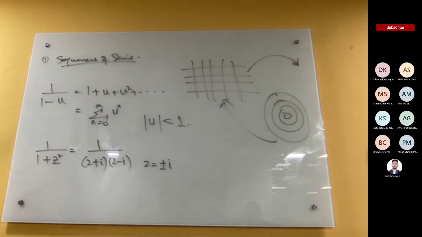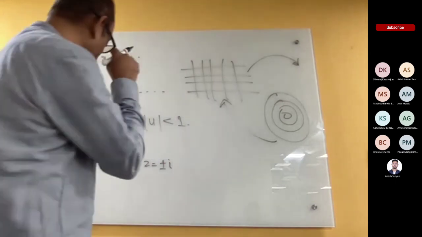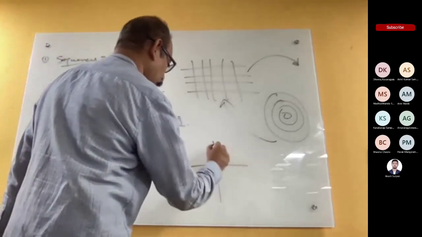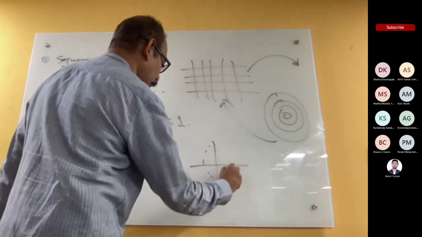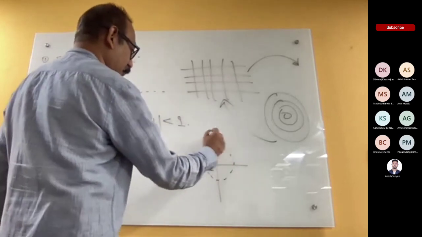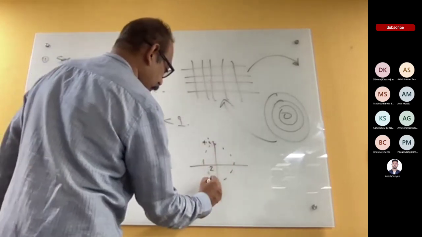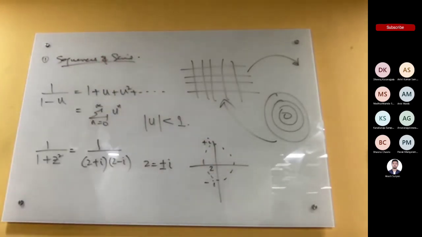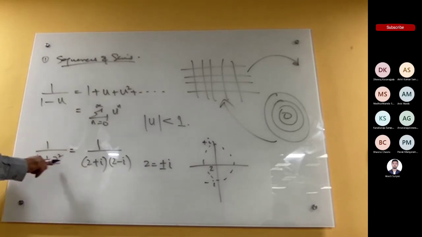Correct? Now, geometrically try and understand this. If you have a unit circle, this is some z value. Let us say this is plus i and this is minus i, right? Unit circle. So plus i and minus i. So what you're saying is this is a very weird thing. On the x-axis,